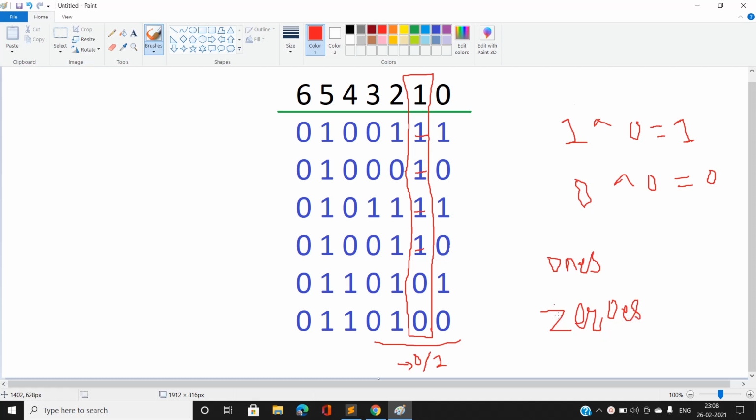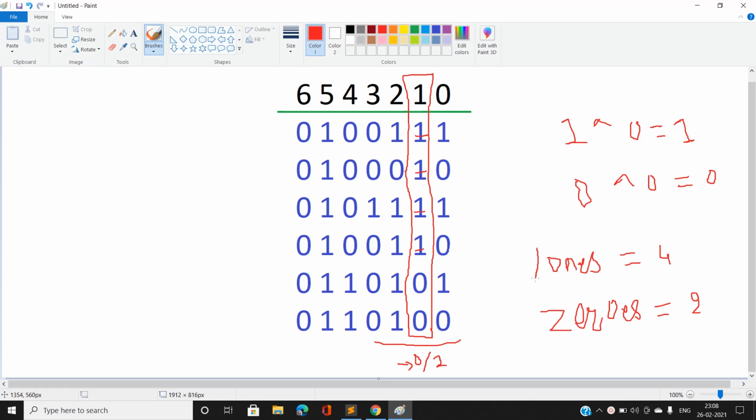Here, at this position, the number of ones is 4 and the number of zeros is 2. Now if we take the value 0 and perform the XOR operation, every 1 will again come out as 1, so our value is not going to be minimized.